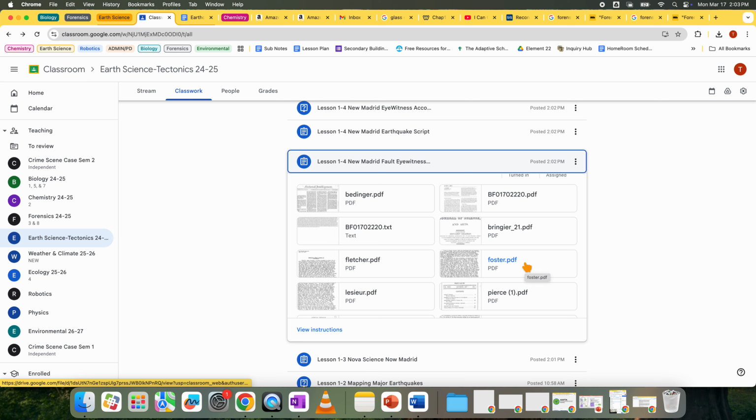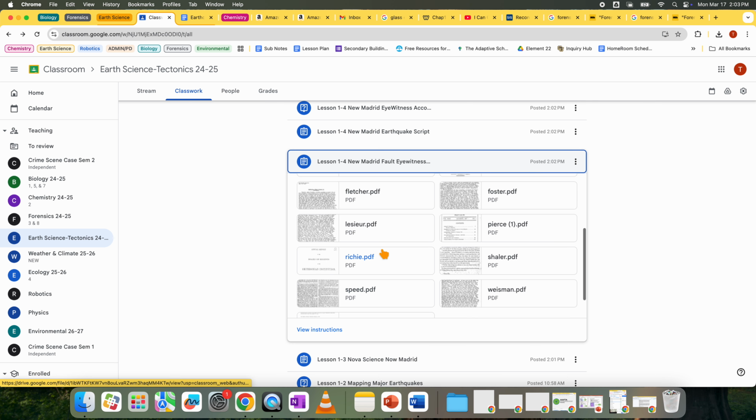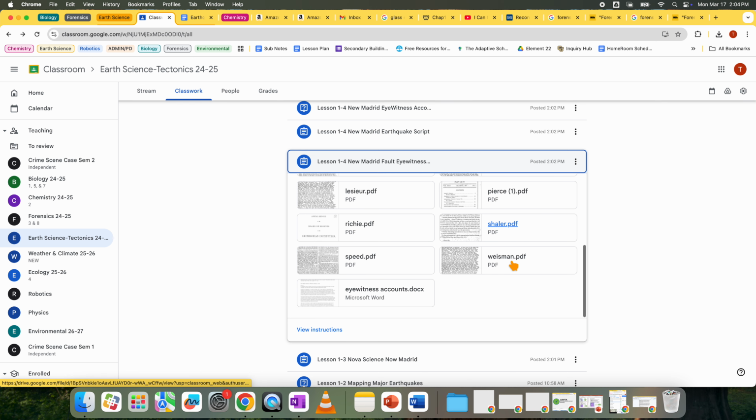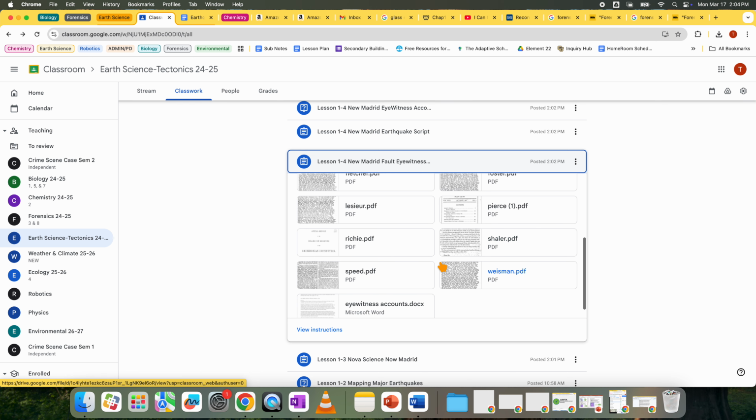first-person stories about earthquakes that happened in New Madrid. Now, New Madrid's the one that affected around this area. It didn't happen here, but it still had some shaking here. So you can pick one of the, well, could be 1, could be 2, depends on how many you need. Some of these are easier to read than others.